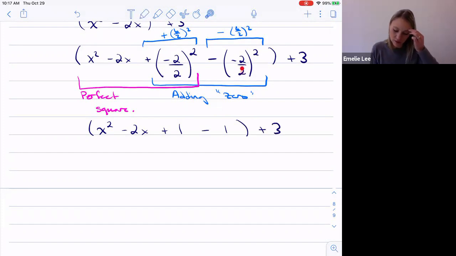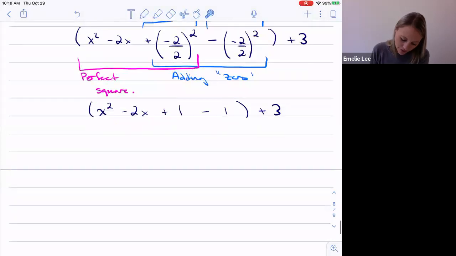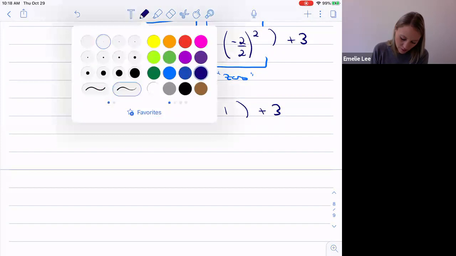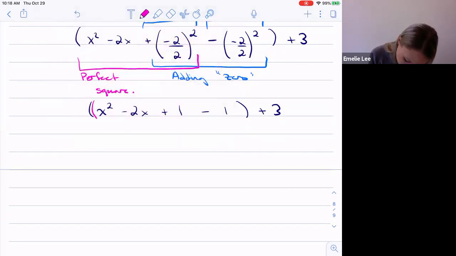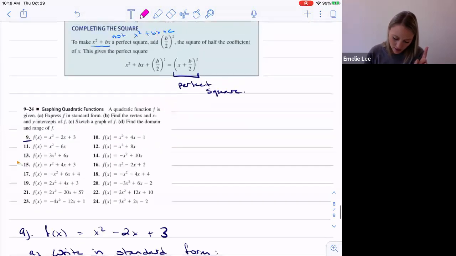Okay, just rewriting this. The whole point was that we were adding 0, right? So to do 1 minus 1 would be just going back to where we started. So don't do that. Okay? Again, here we're just adding 0, but in a different way. So this x squared minus 2x plus 1, that's our perfect square. So here and here, which, okay,